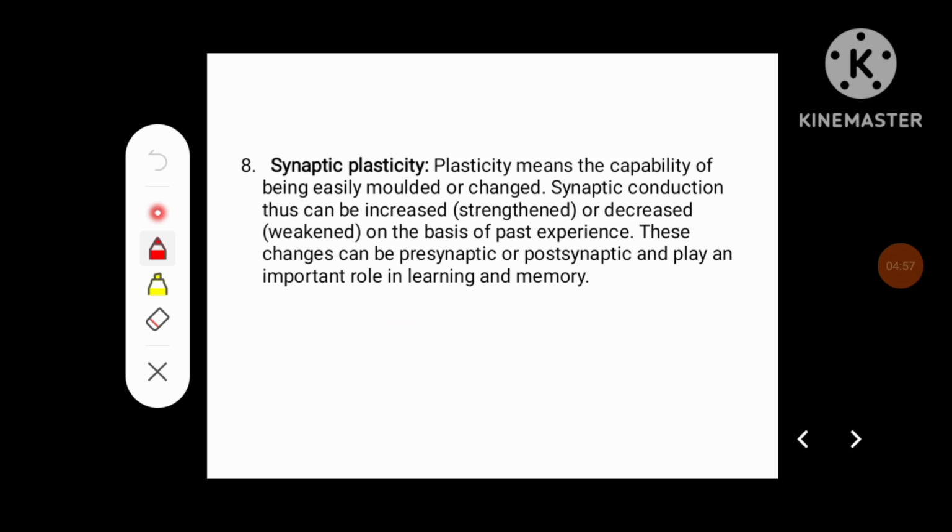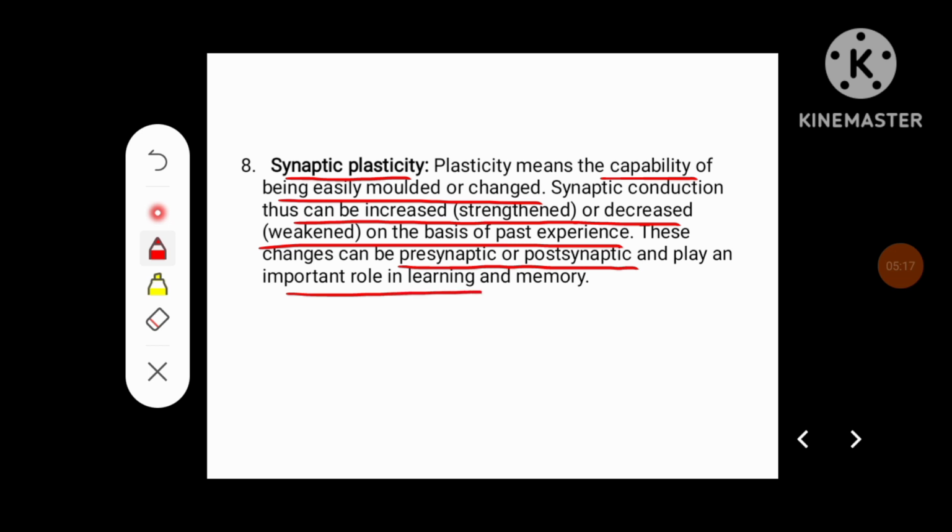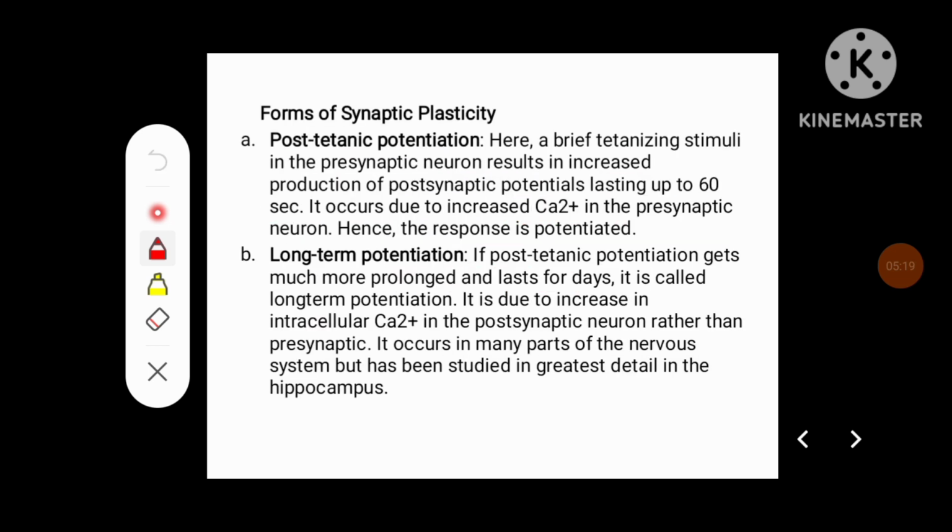The eighth property is synaptic plasticity. Plasticity means capability of being easily modulated or changed. Synaptic conduction thus can be increased, that is strengthened, or decreased, or weakened, on the basis of past experience. These changes can be presynaptic or postsynaptic and play an important role in learning and memory. Some of the forms of synaptic plasticity: